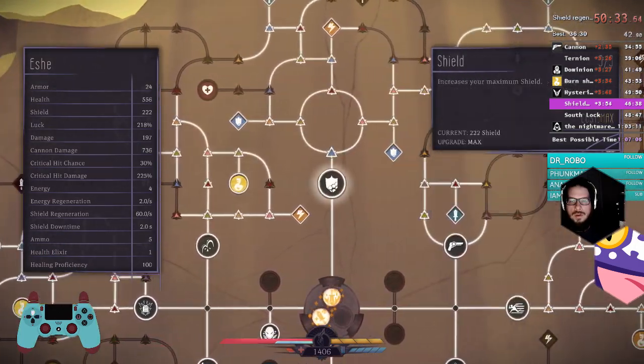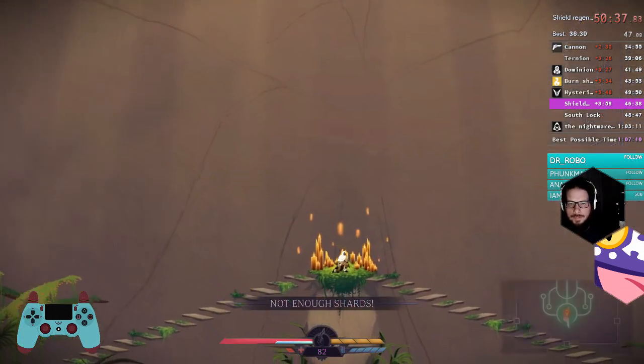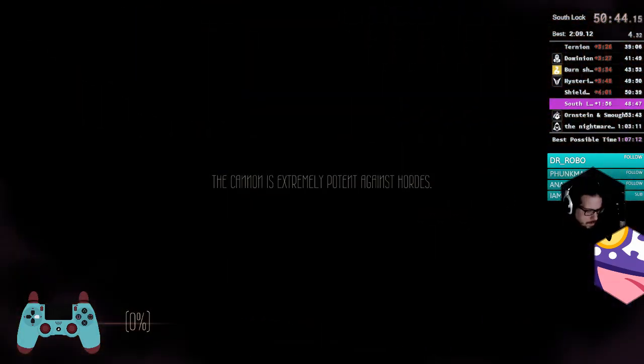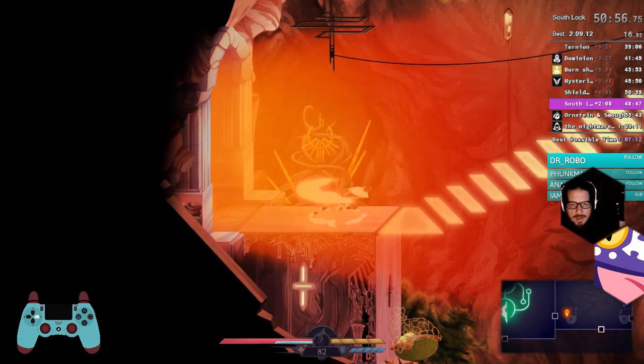And I think that's good. Salvation's Rebuke helps a lot with the Hysteria fight, but I think I just had enough shard investment that...